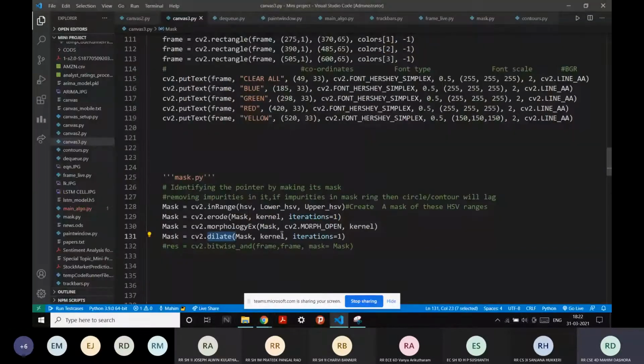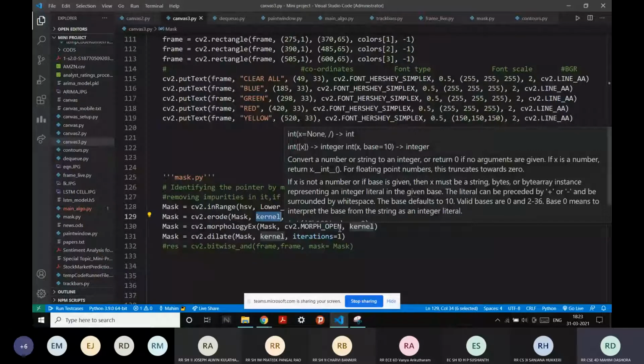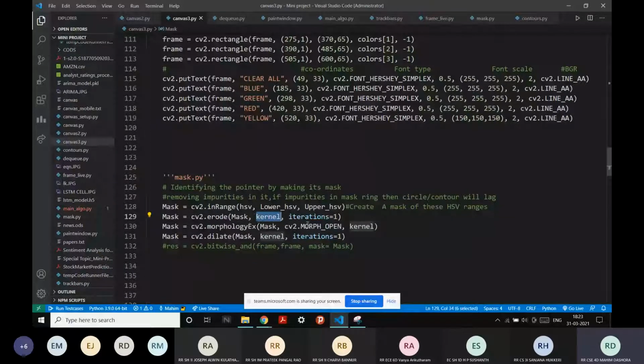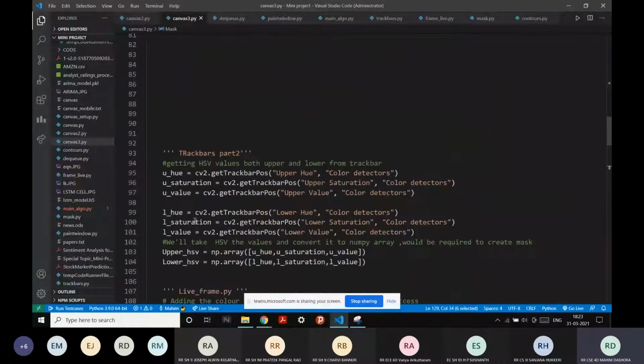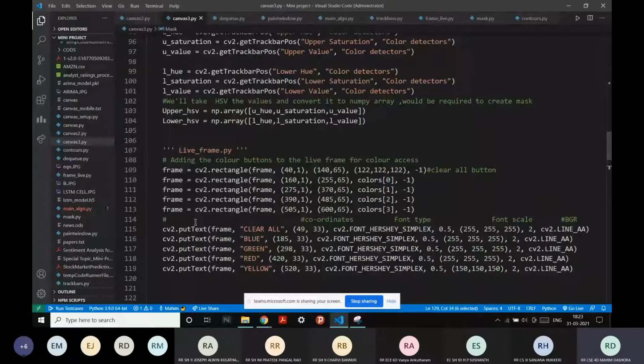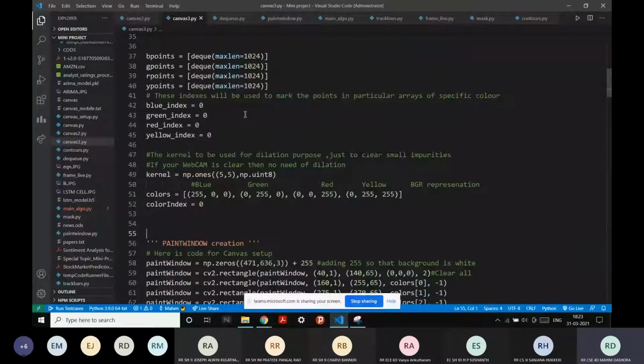So we are using dilate. As I said, guys, just have patience, I'll explain why you need a kernel for that. Here we are using this kernel that I created way back before. Yeah, this is the kernel that I have used. I'll also tell what is the need of color index, and what are the uses of these things in the later part of the algorithm.